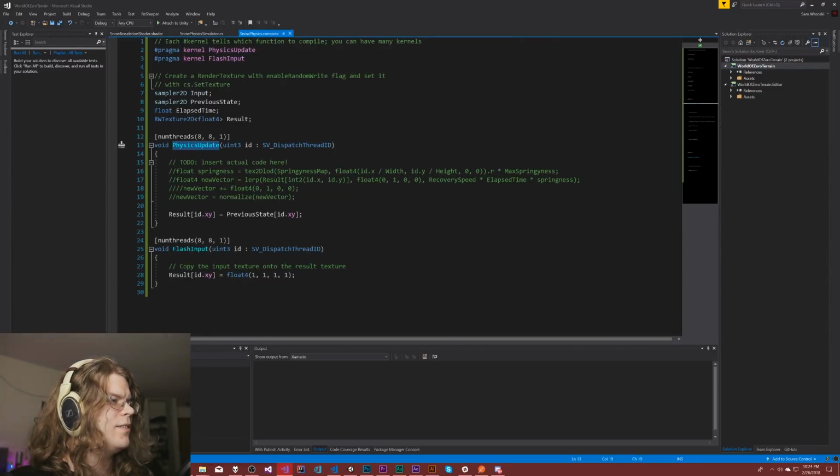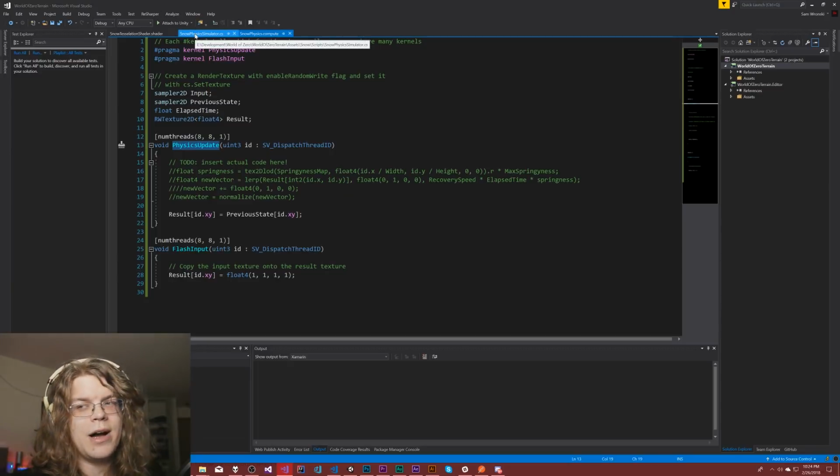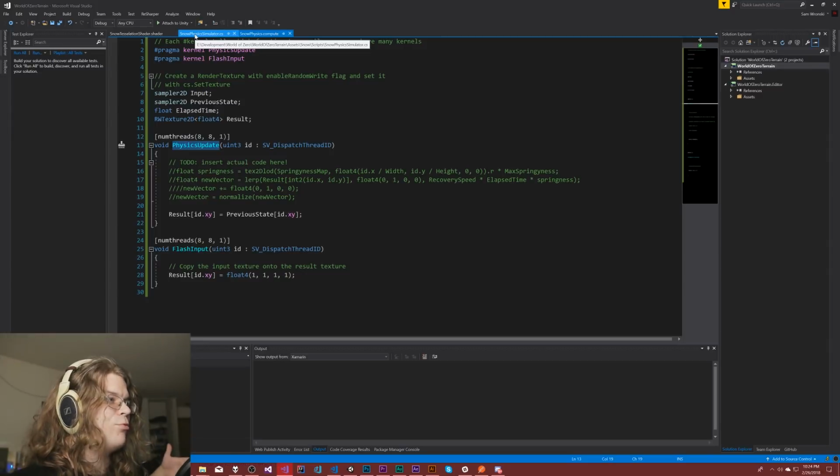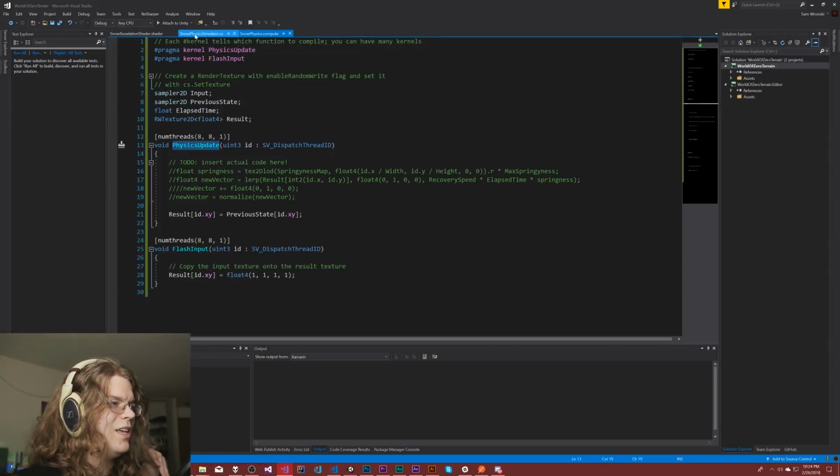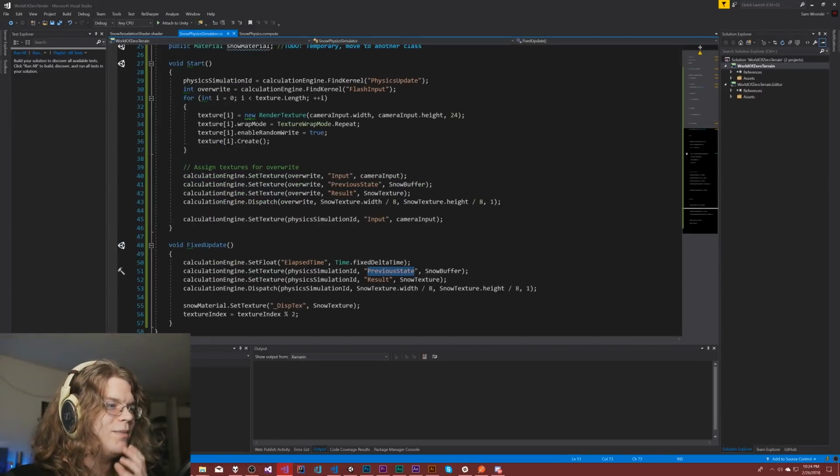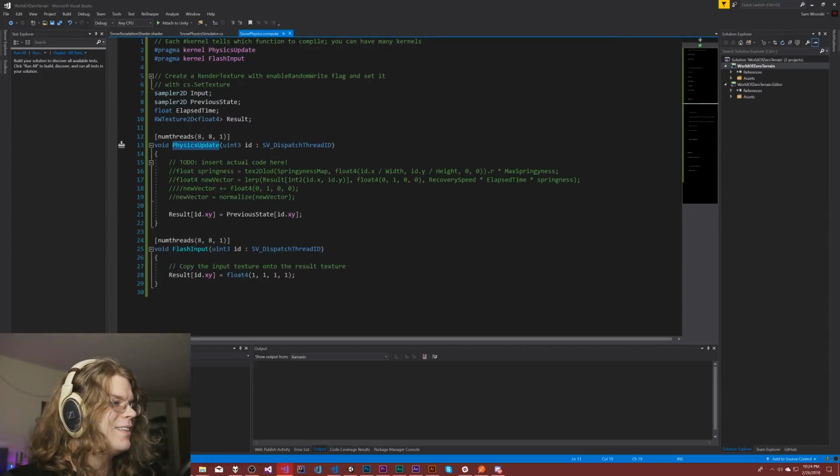This physics update is just a no-op. It's actually just copying between the buffers. So it should just keep rendering a white texture if I did this right. And then we can actually use this state later and hopefully get it to actually do what I want. But that's sort of the idea. Actually,